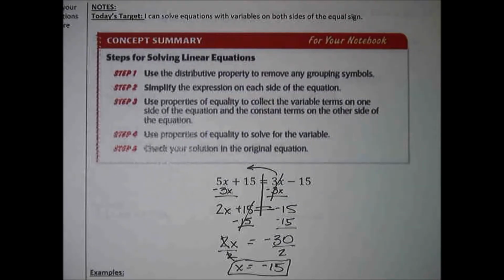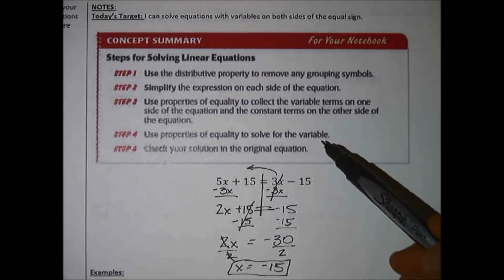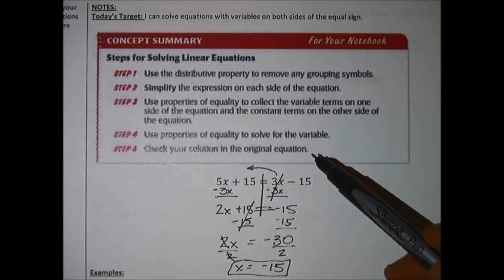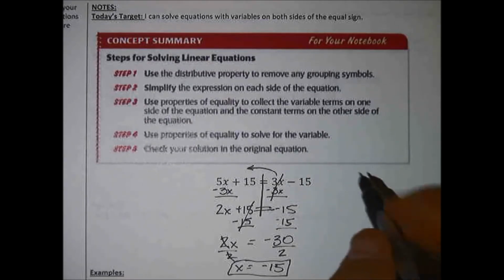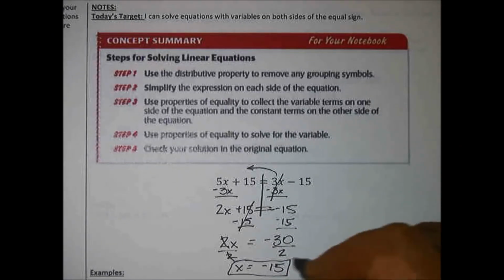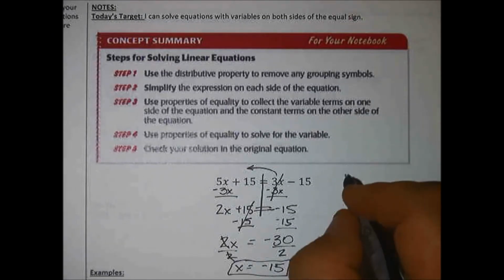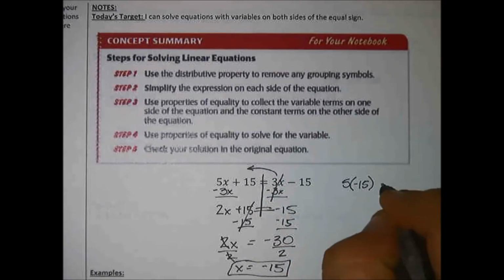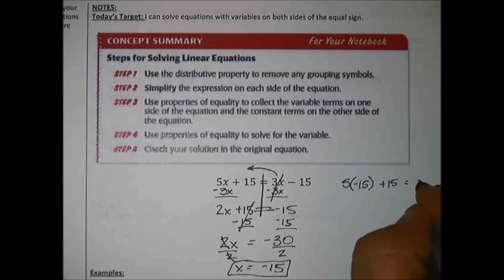So that's the big thing. I'm sure we did it, but we'll just go over step 4 and 5 here. Use the properties of equality to solve for the variable, and then check your solution in the original equation. It's always a good idea to check your work. So let's say that I think negative 15 is the answer. We can plug that in for x. Okay, plus 15. And the other side would say 3 times negative 15